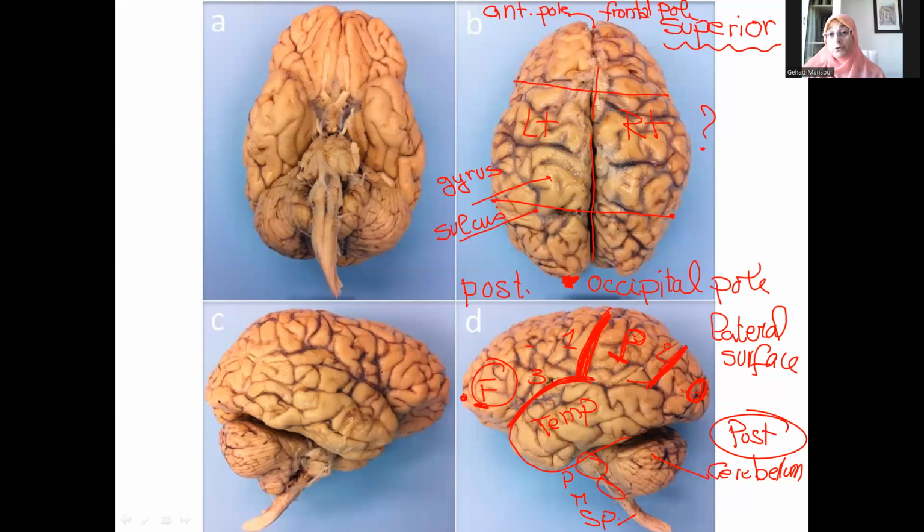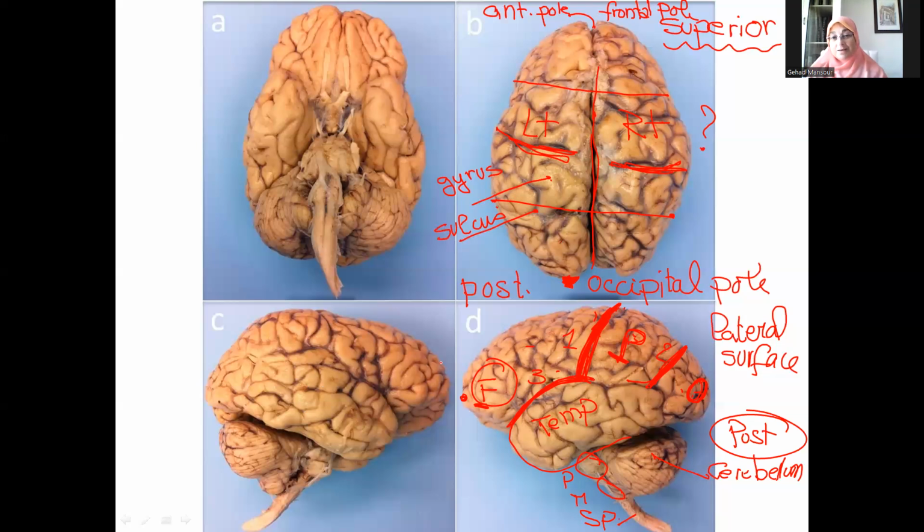Can we see them on the superior surface? Other than the longitudinal fissure, can we see them? Yes, we can partly see the top view of the central sulcus. It is not only seen on the lateral surface, but it can also be seen on the superior surface. So if I ever ask you about the number of major grooves that you can see on the superior surface, you would say the longitudinal sulcus and the